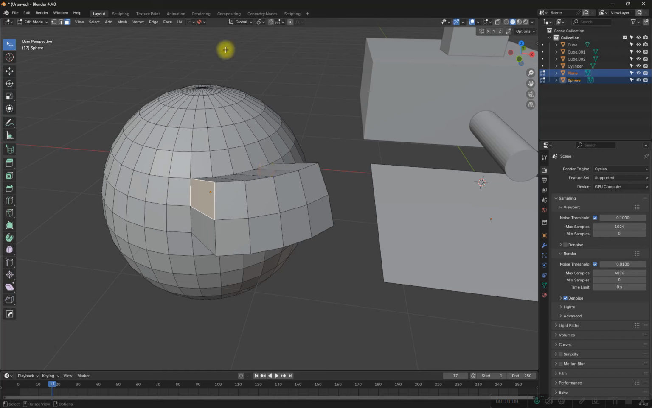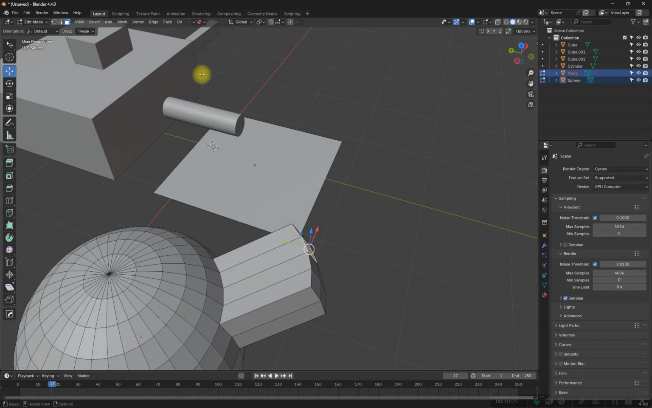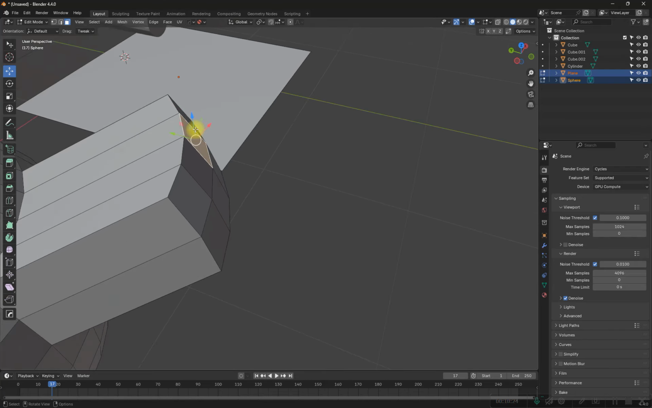Up here, you can see something called global, local, normal, and so on. If I click on this part and change this to local, look at this. Let me change it back to global. So this is the direction it's facing globally. This is how it looks. But when I change this from global to local,